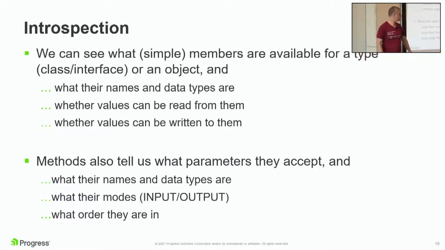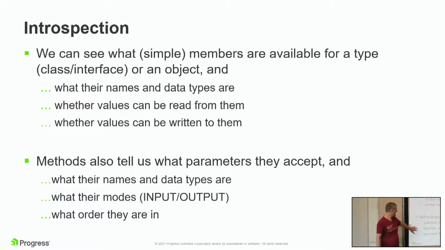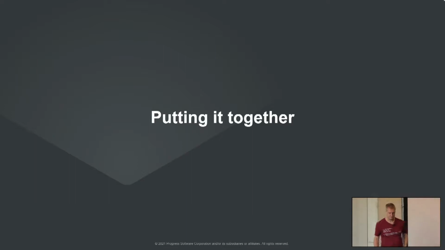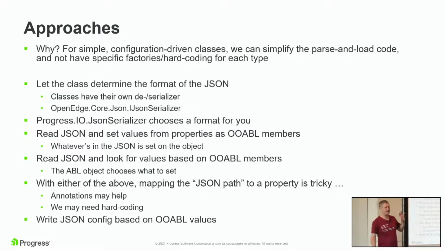So, we talked about this a little bit, where we drill in, as well as the parameters. Putting it all together, we have a couple of approaches. We've got the ability to look into the details of the JSON document, and into the details of the Progress object. If we want to map those two, we can take two approaches. We can read the document and just slap everything onto the object, or we can read the object and pull everything from the document. Those are the two broad approaches of reading, and you can choose which one you want. The code just works slightly different, in the sense of: does it have one of these things, and can I access it?